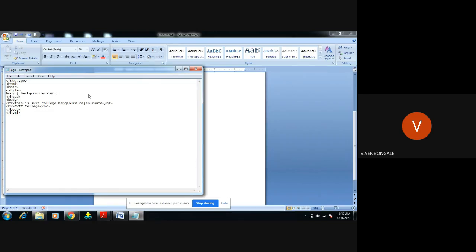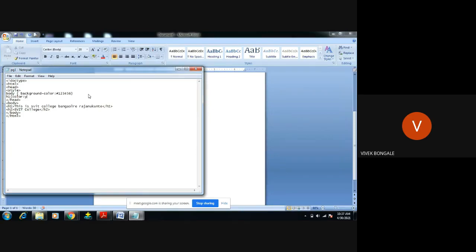Here I will try to give the number now. In the previous program we gave the color name there. Now we will do the number, like hash 1 2 3 4 5 6. Then for H1, I want to give the color, which was yellow.